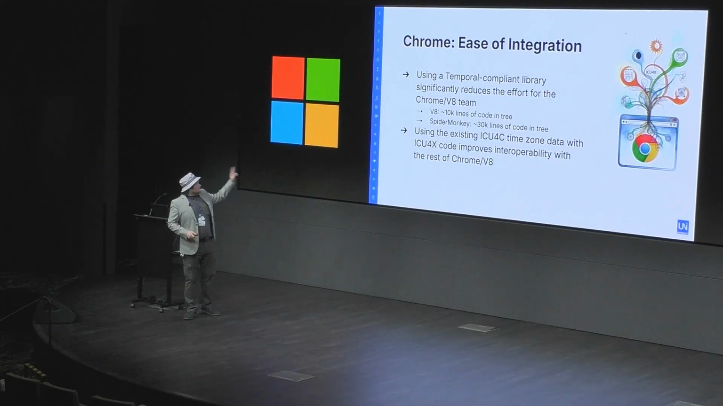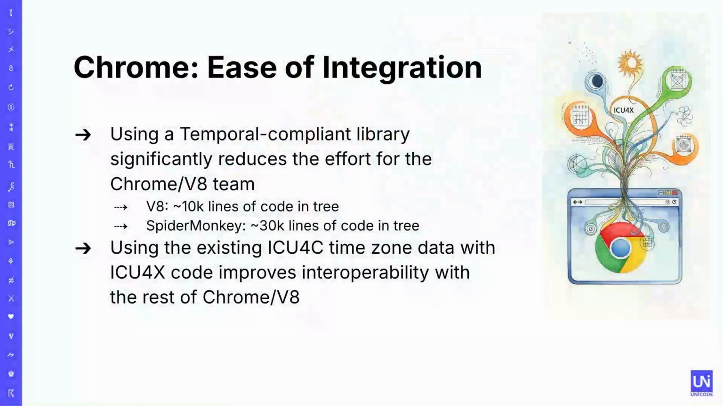So, Chrome ease of integration. These are some of the wins that we were able to deliver to Chrome. One was that because ICU4X was designed with supporting the modern Temporal way of doing dates and times, Chrome didn't have to reinvent this. They could leverage ICU4X and Temporal RS to do this calculation so that they didn't have to do it themselves. So we were able to reduce the number of lines of code that the Chrome team needs to maintain moving